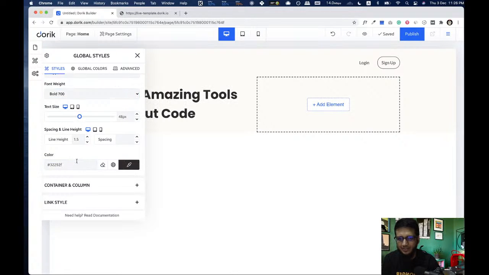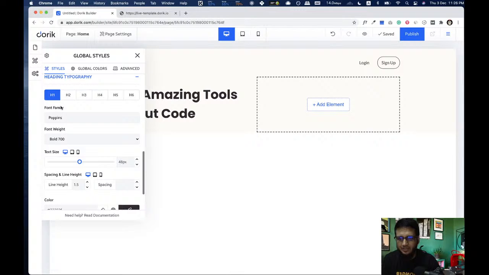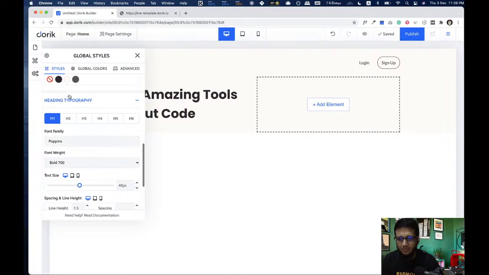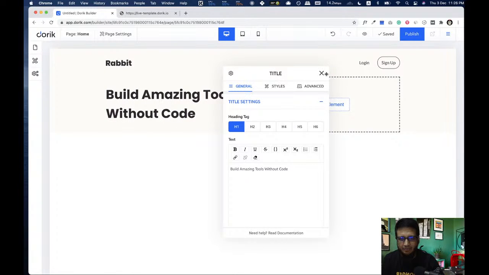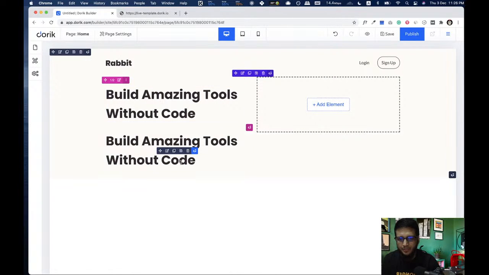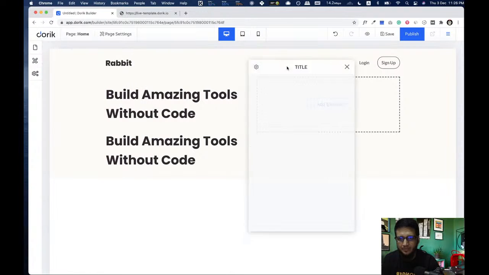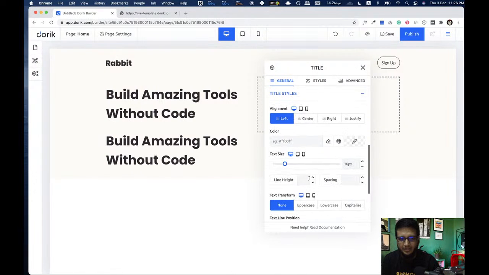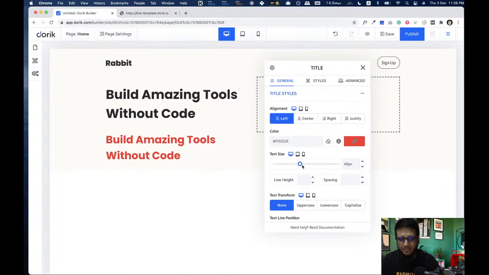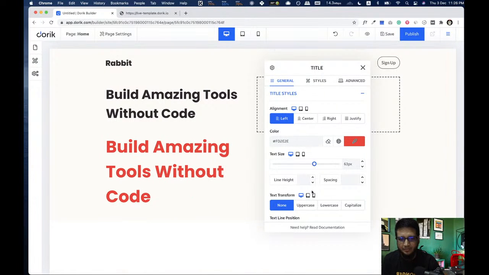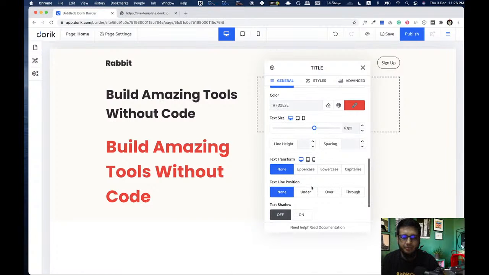Color, okay. So this font setting is only available in global styles, but if you want to change anything else, let's say I have two h1s, I want to change this one. You can change everything, like alignment, color, I want this to be red, you can make it red. You can change the size, everything else except the font family. Why?